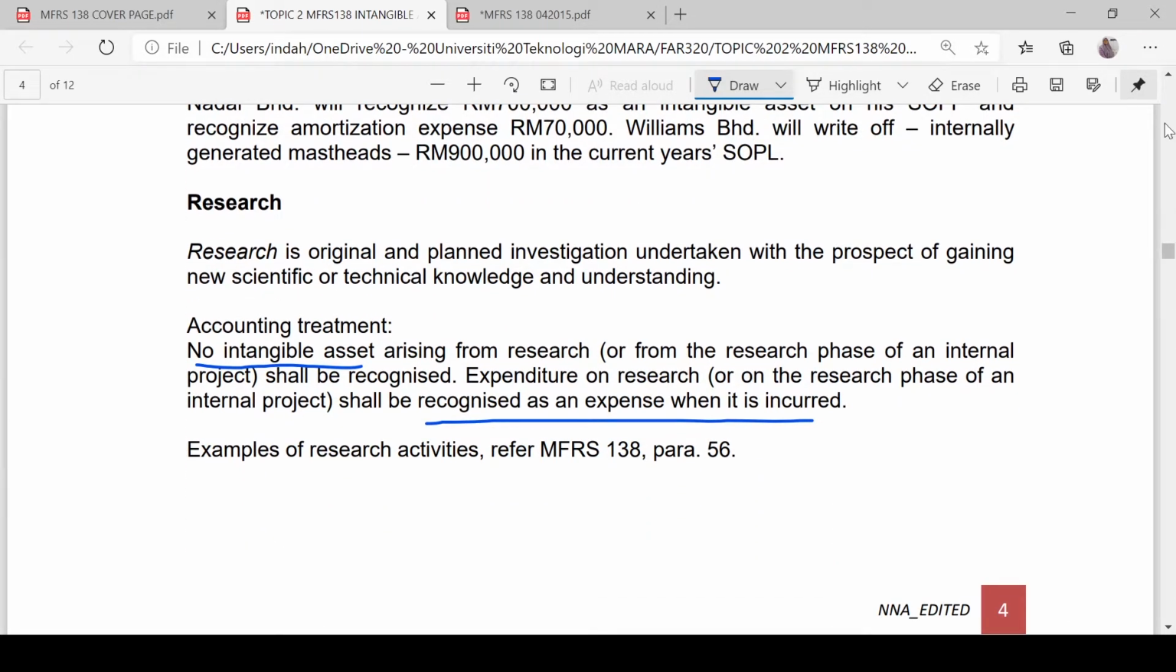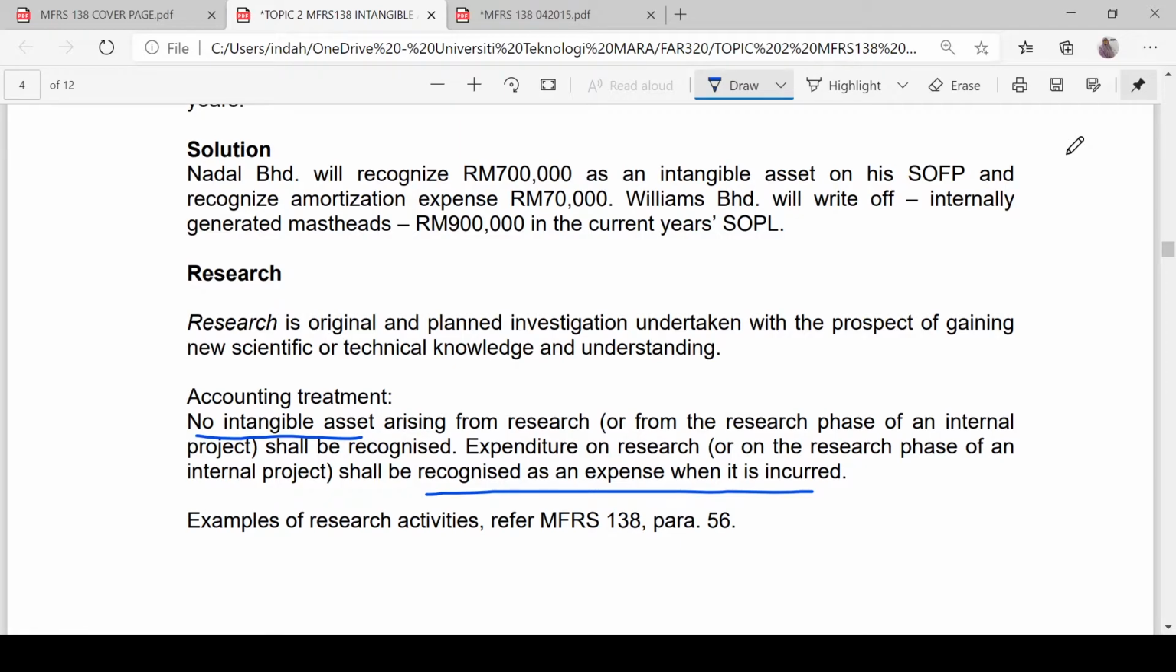What is research? What does it mean by research? Research is original and planned investigation undertaken with the prospect of gaining new scientific or technical knowledge and understanding. Any costs incurred during the research phase are not to be capitalized as intangible asset, and the costs incurred are to be expensed off in SOPL when incurred. So let's look at what are the examples of research activities by referring to para 56 of